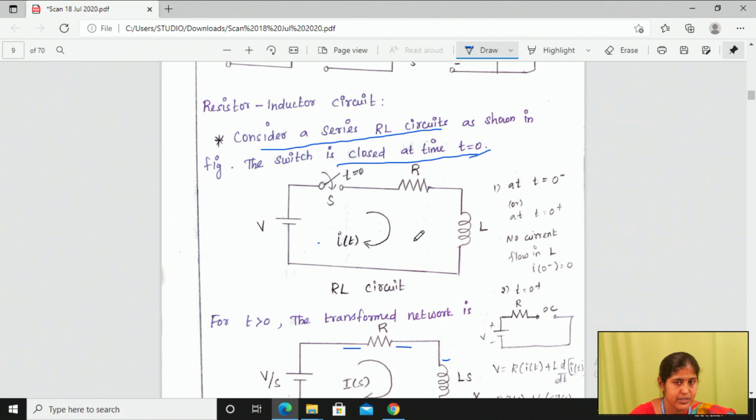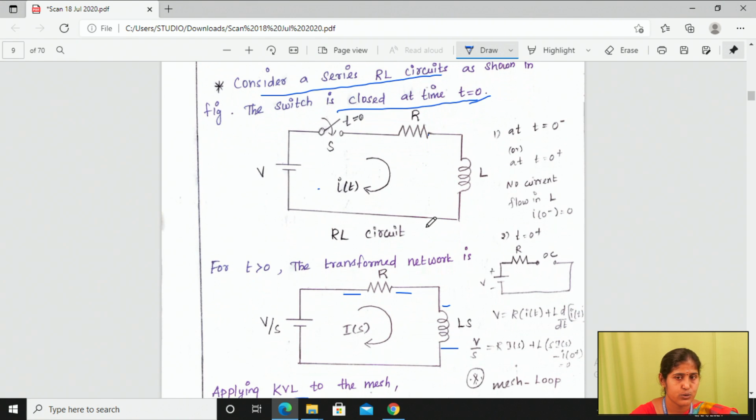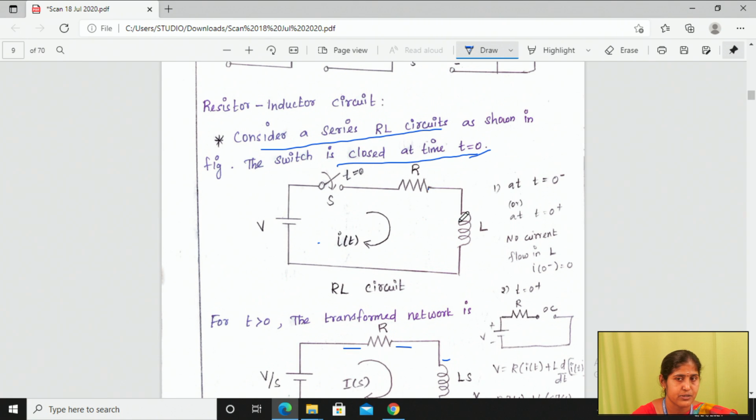So it should always be in time domain. Okay. So in network analysis, the given network should be in time domain. So you have to take a Laplace transform to find out the frequency domain signal, and finally you have to find out the time domain signal. Okay. So that is the important thing. So first what we have to do, you have to apply the timing conditions. Okay. So at initial condition, what is your current value, and at final steady state conditions, what is your current value. That is the main thing you have to find out in this RL series circuit.